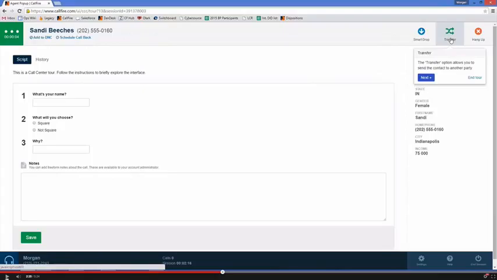The transfer option allows you to transfer a call to a third party. So let's say, for example, I'm connected to Sandy and I realize that for one reason or another, I need to transfer her to, for example, a supervisor. I'll go ahead and hit this transfer button in the upper right-hand corner,